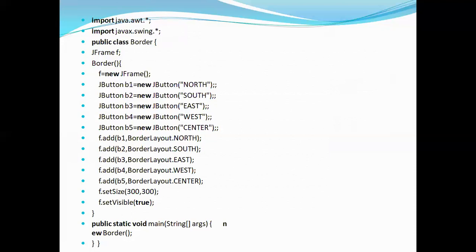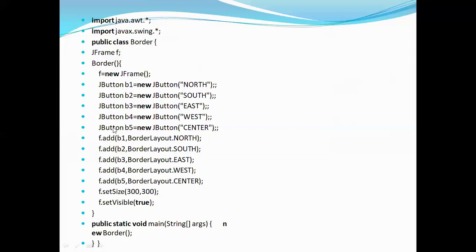If you have any doubts in Swing and AWT, I suggest you refer to those two videos first, then come to the layout manager. So here, JButtons, I'm adding 5 buttons on 5 regions. So for that I'm creating the objects for the JButton class. So JButton b1 is equal to new JButton, on the north side. So your first button name is north, and then the second button name is south. Likewise, the fifth button name is center. So you have just defined the buttons and their names.